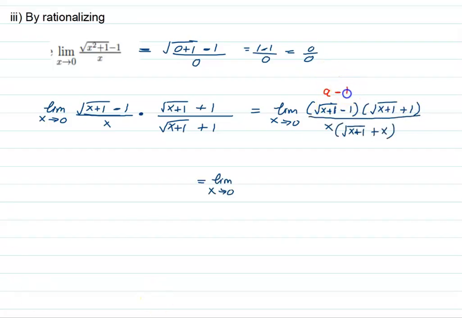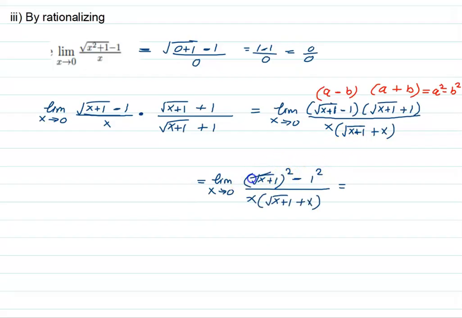Now we can see on the top there is an identity like a minus b times a plus b. So we can apply the identity which is difference of squares. A minus b times a plus b equals a squared minus b squared. So here we have a as square root x plus 1. So that becomes squared minus b is just 1 squared, and then the square root gets eliminated with the square,